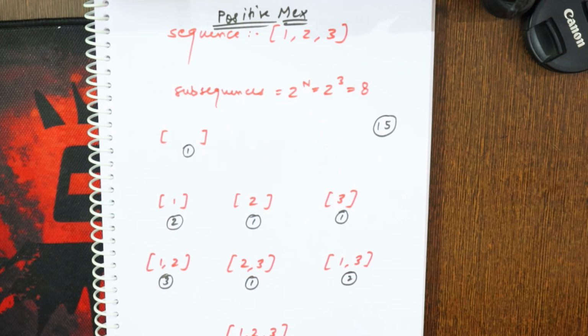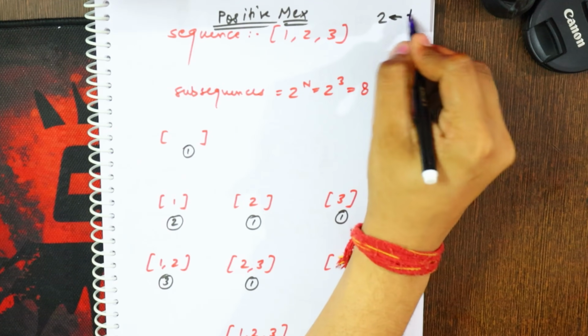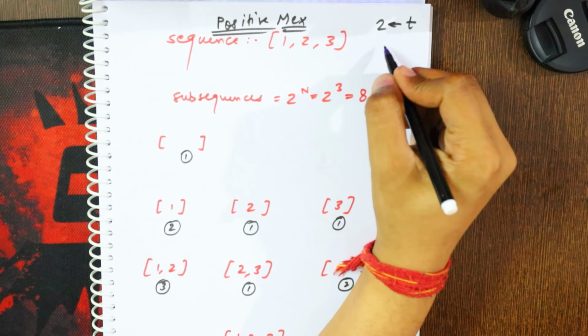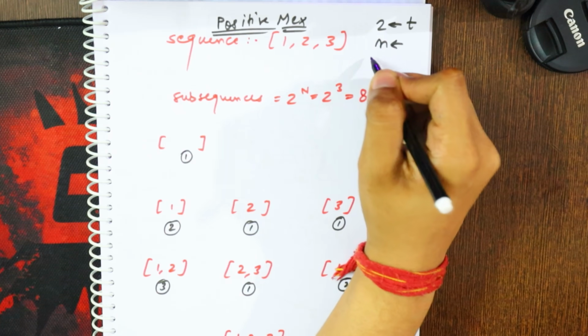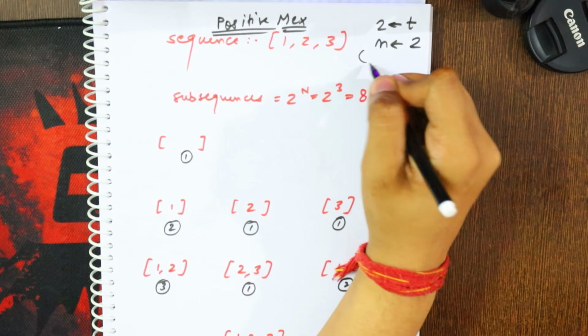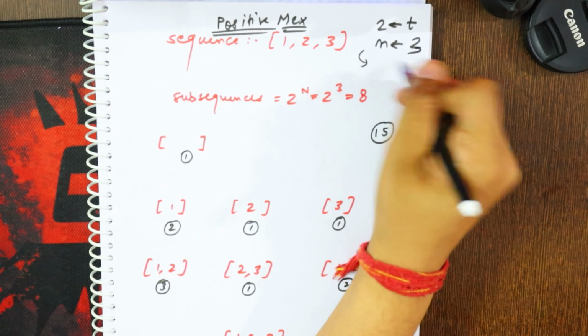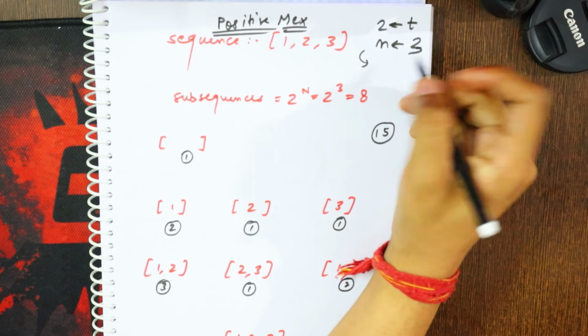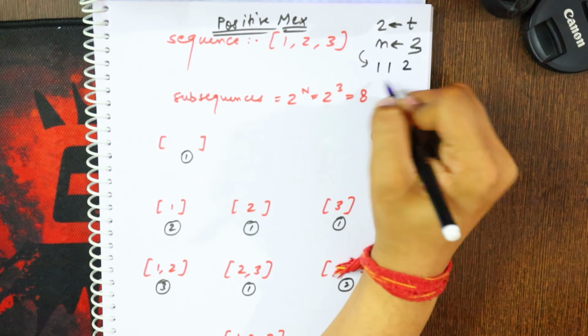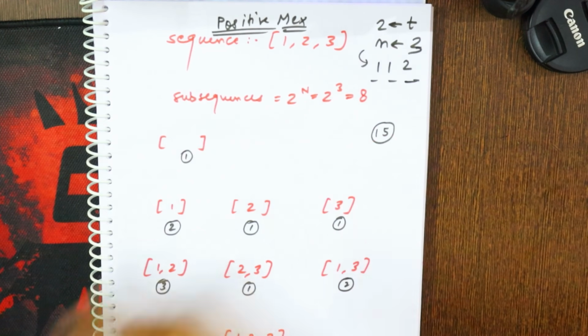So first of all, I will explain what the problem says. First of all, you will be having T as usual. After that you will be having N, which is the number of elements, and then the elements. Suppose for example N is 3, and then the elements are 1, 1 and 2. So what we actually need to find out is this. First of all I will briefly